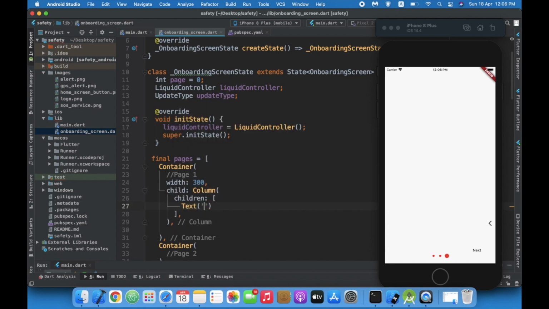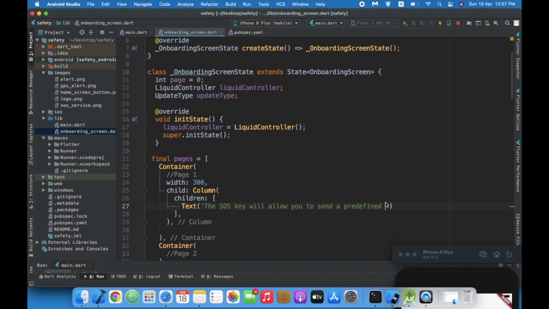So our first image or the first container is of an SOS alert. So I'll just write: the SOS key will allow us to send a predefined message.